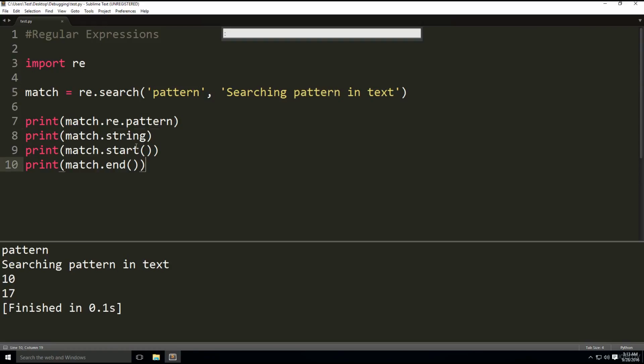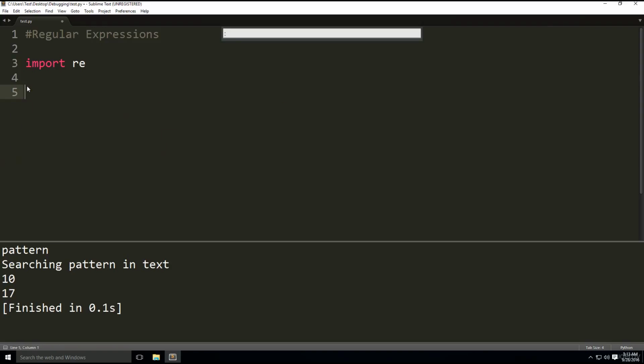So let's do that. We can erase all this now. We're going to call it regex. I just say regex because it rolls off the tongue more, so I'll just keep saying regex. You can say regex too, but whatever. So regex equals re.compile, and we're going to say pattern. So now we created a regex object